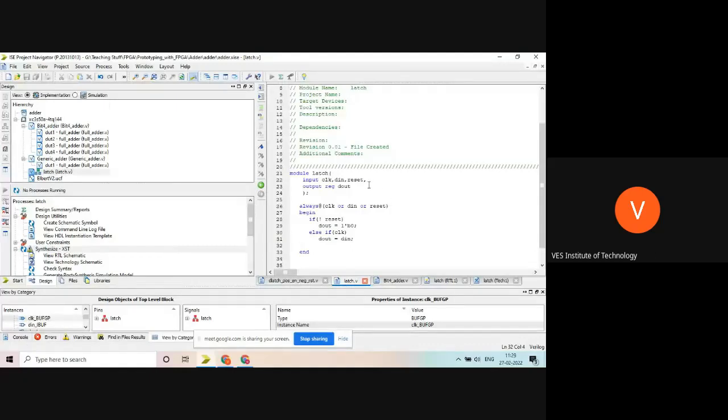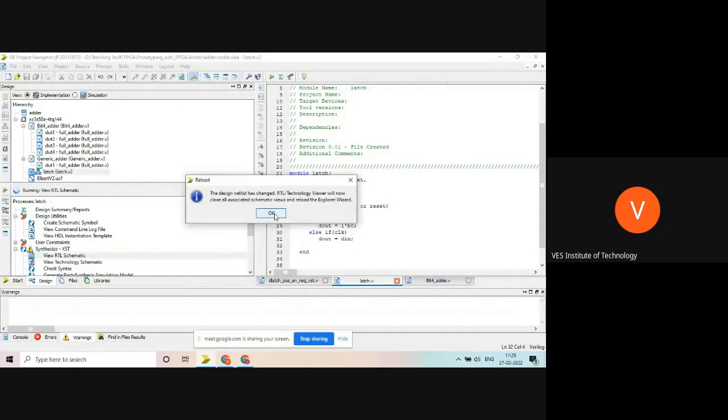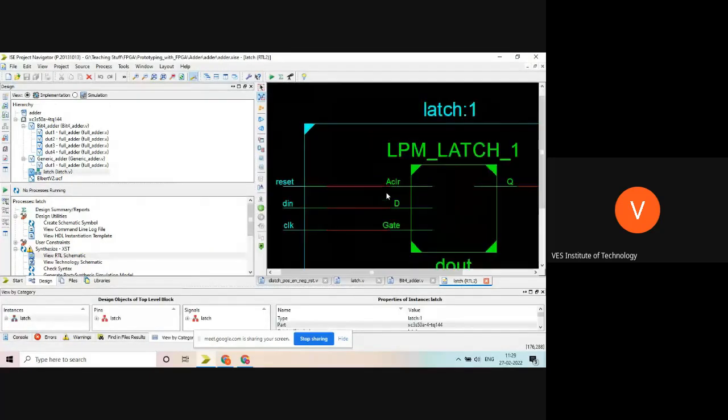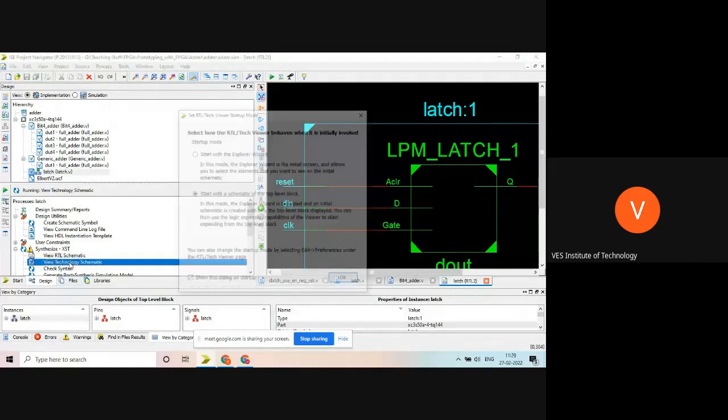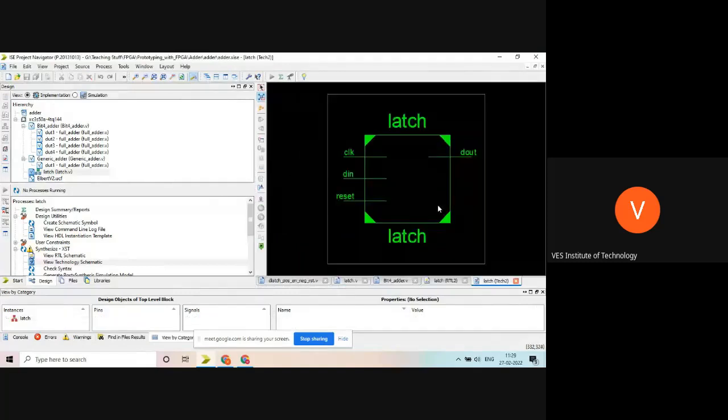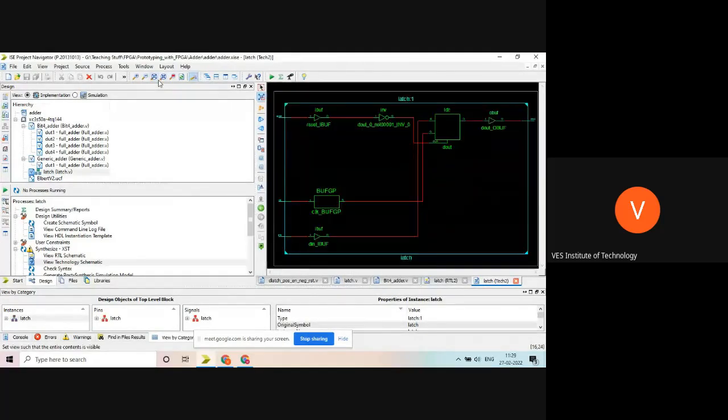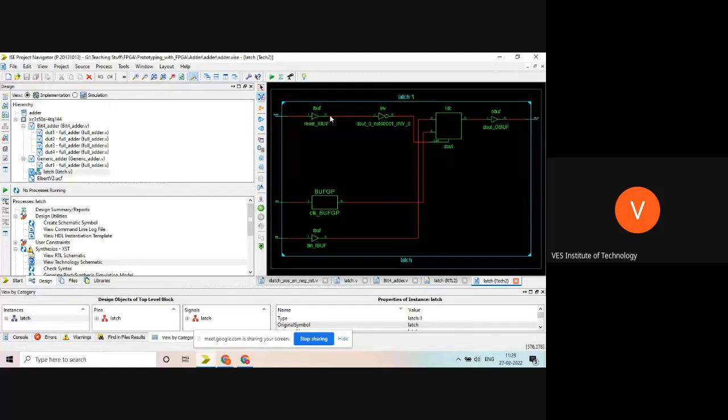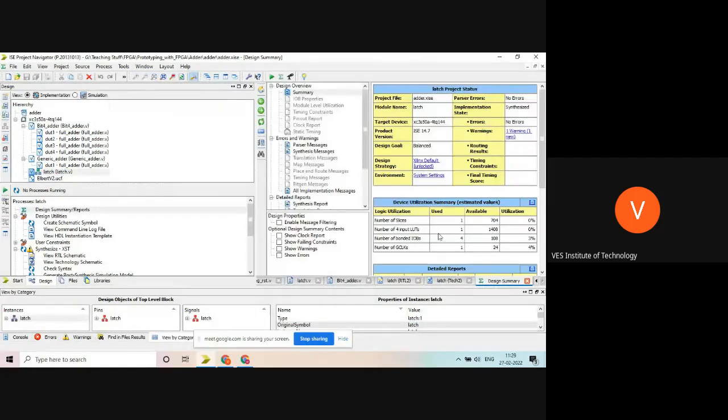There was a mistake because I had not put down a change in the code. So now you can see there is a clock, D in, reset. Clear signal is used, and in the technology schematic you can see one clear signal added through 2 inverters. Internally a latch is taken, so mostly there will not be any hardware. One slice is added now. Now a lookup table is there because of the clear signal. Otherwise there would not be any hardware.